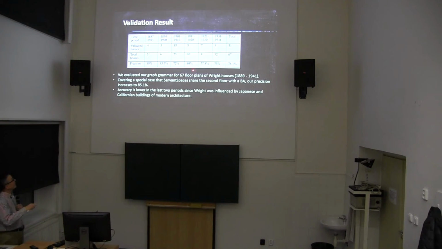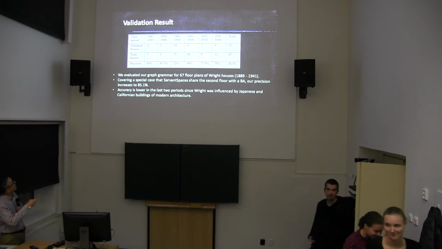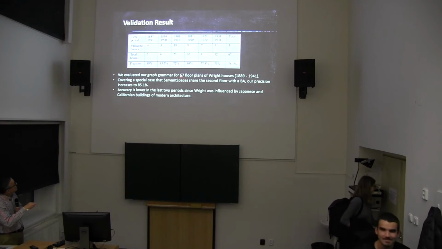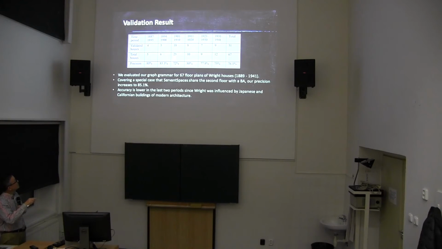And we basically used a book. There is a book consisting of, totally how many actually, 67 floor plans. We validated according to different periods of time. So you see, our validation shows that our precision is pretty high. That means about 80% of the houses published in that particular book truly belong to Wright houses according to the rules,